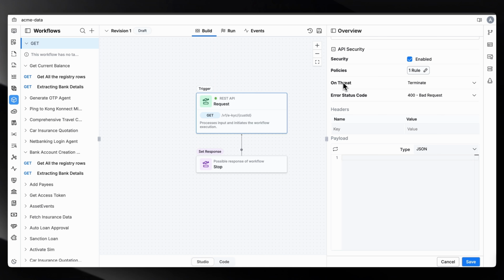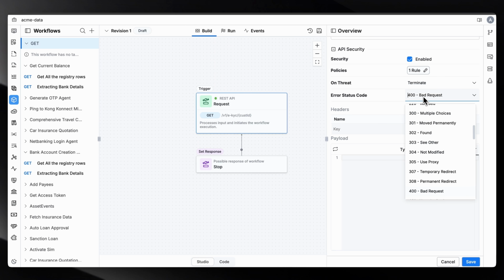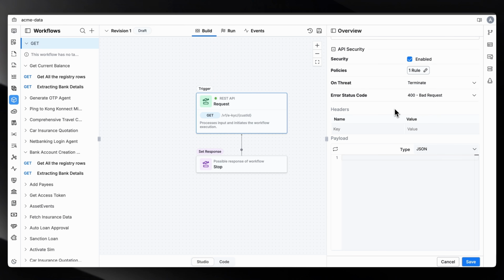So when a threat has come or the rule has been violated, you can either choose to continue or terminate the execution. In this case, I will terminate it. And you can terminate the execution with a status code. Here I will put a bad request. But not only that, you can also put a header and a payload value which will be helpful for troubleshooting